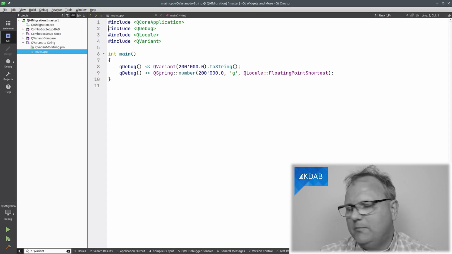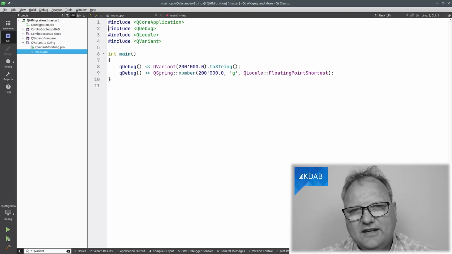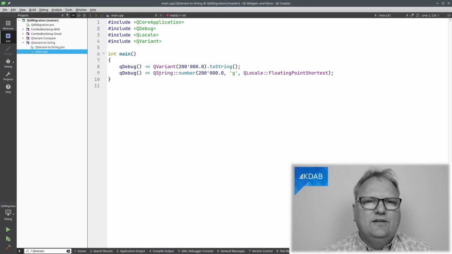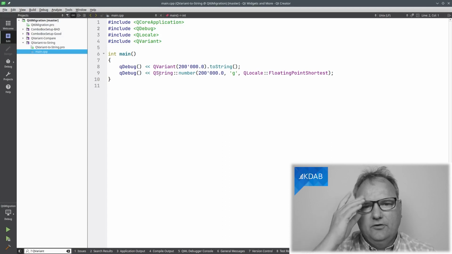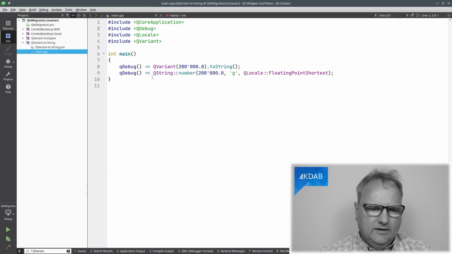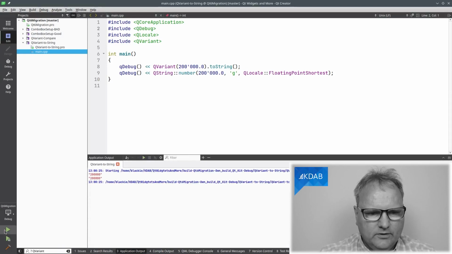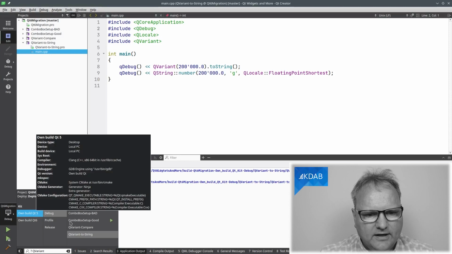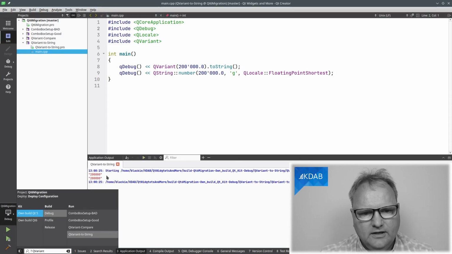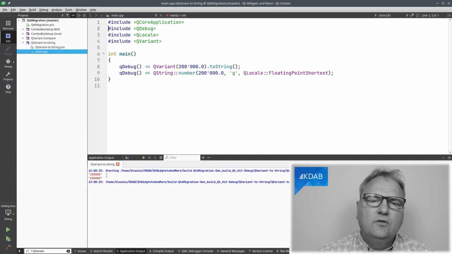Again, I'm not bashing anybody, I'm just saying that it can be rather deep down that things have changed that might be difficult to spot exactly when you're using a lot of QVariants. So what do you think it will give? Well, let's try and run it. We'll run it here. I run it with Qt 5, and this one, you can already see, prints out 200,000.